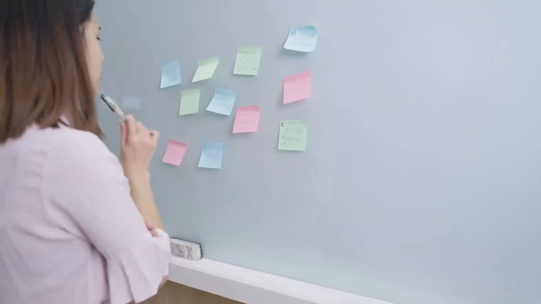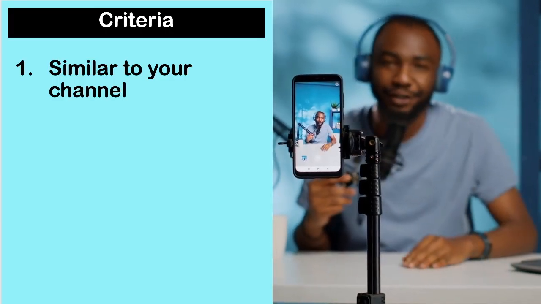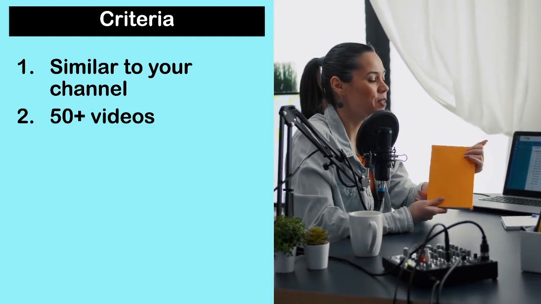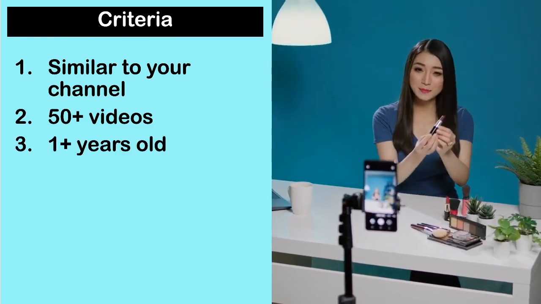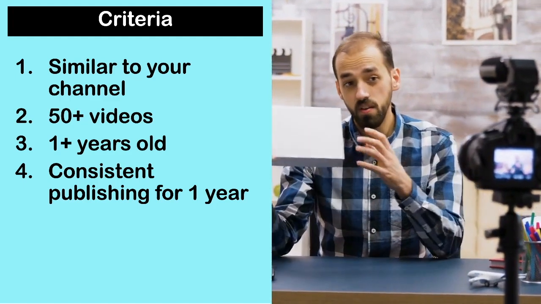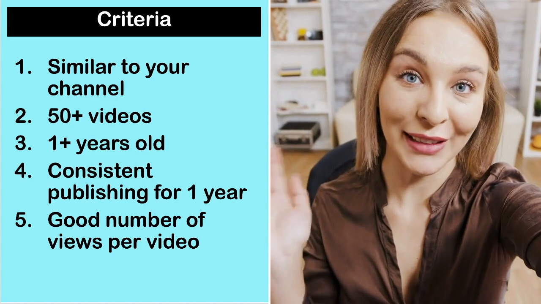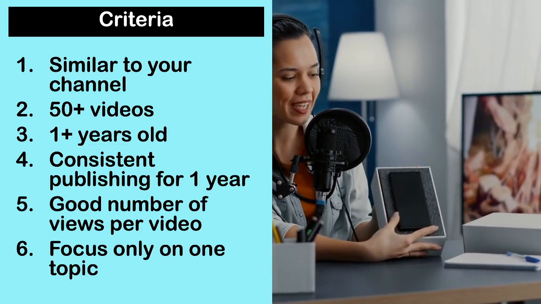All the channels must meet these criteria. They must be similar to the channel that you want to create. They must have at least 50 long videos. The channel needs to be at least 1 year old, and there has been consistent publishing over the last year. Next, the channel needs to get a good number of views per video, and very important, the channel must focus